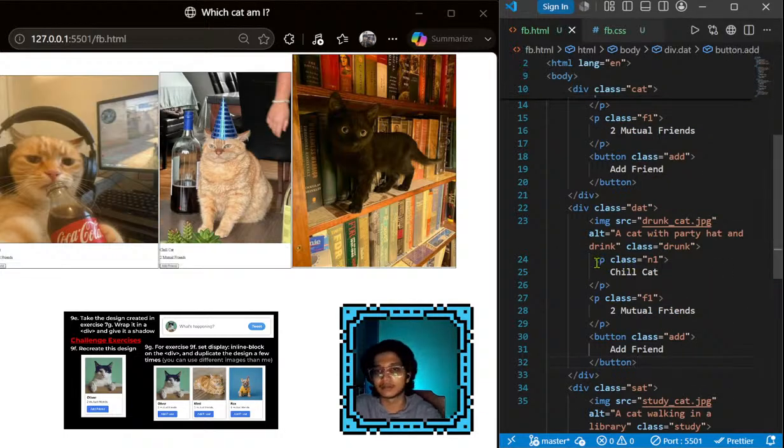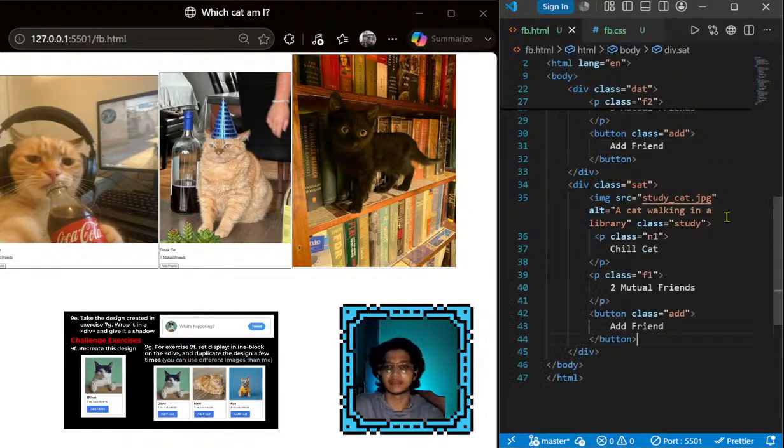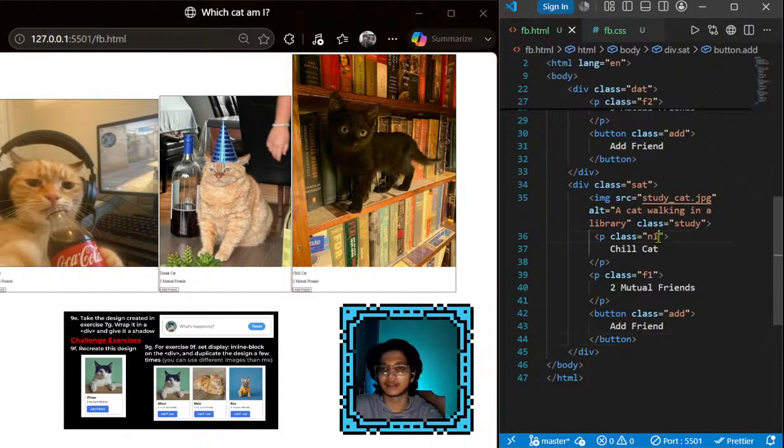Yeah. So in this n1, we are gonna put n2, and then we are gonna name it drunk cat, because obviously it's a drunk cat. Then we are gonna name it f2. They have drunk cat. Obviously, will have more mutual friends, and the add friend button stays the same. And the same thing here. We are going to name it N3, and it's the study cat, and then we have the F2, F3, and it has 4 major friends because obviously